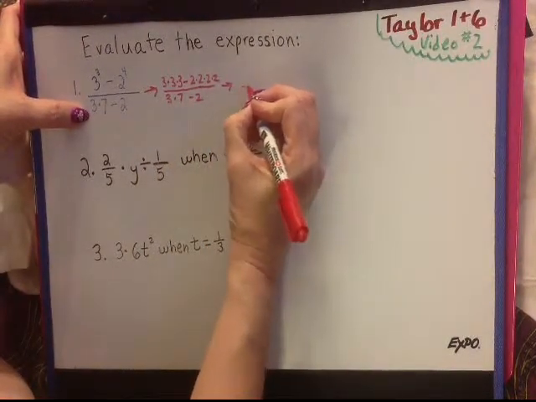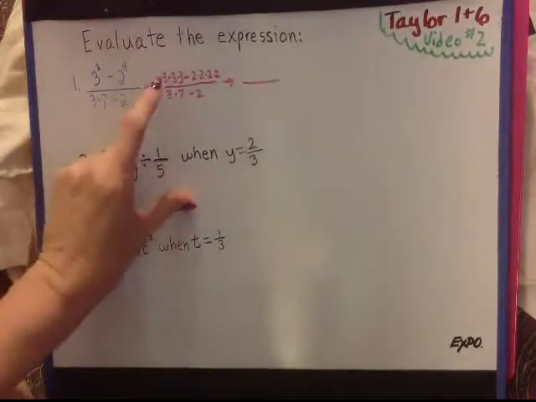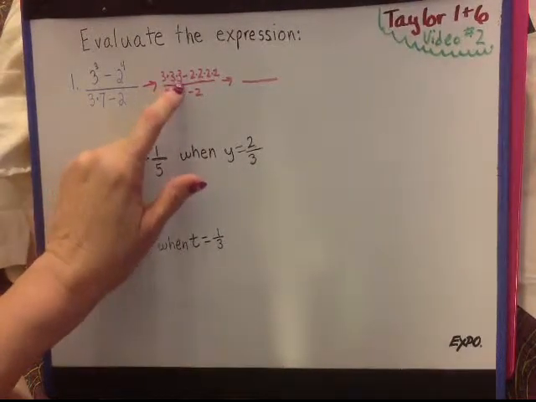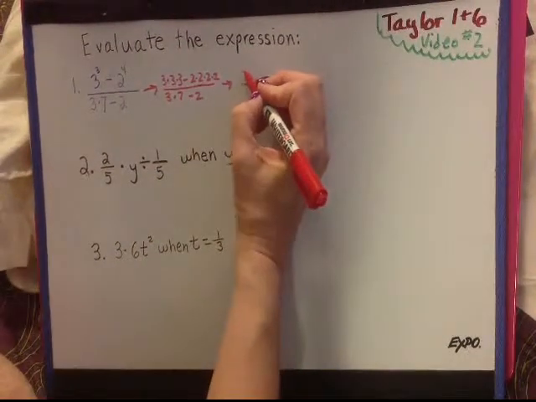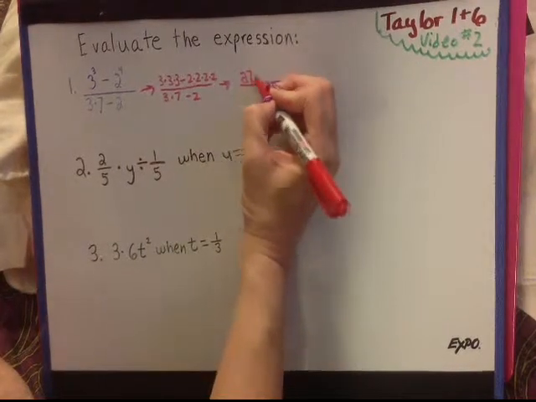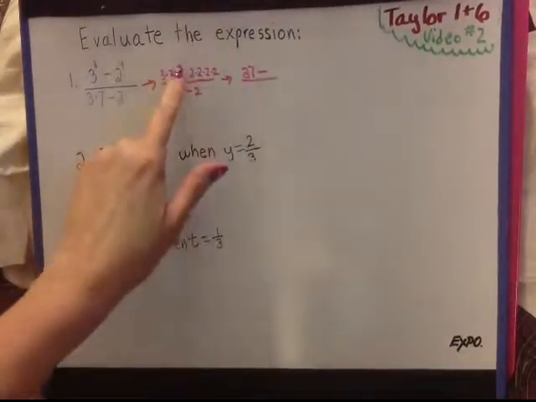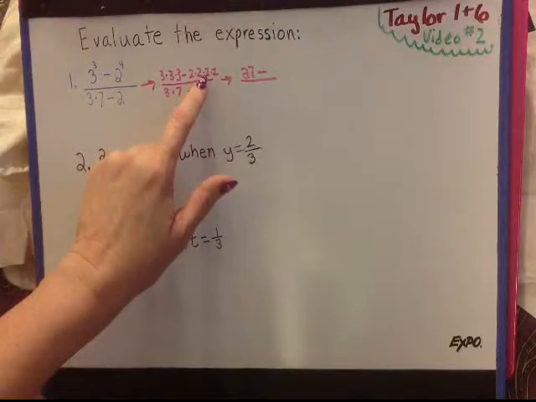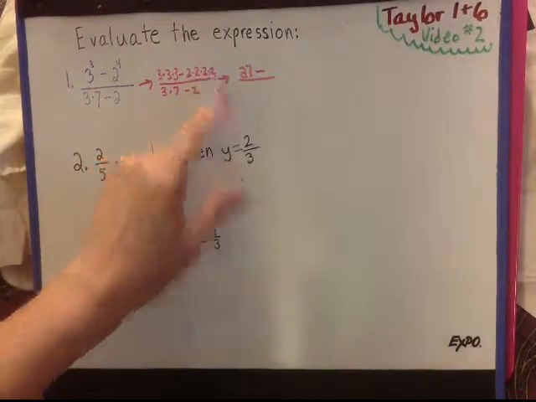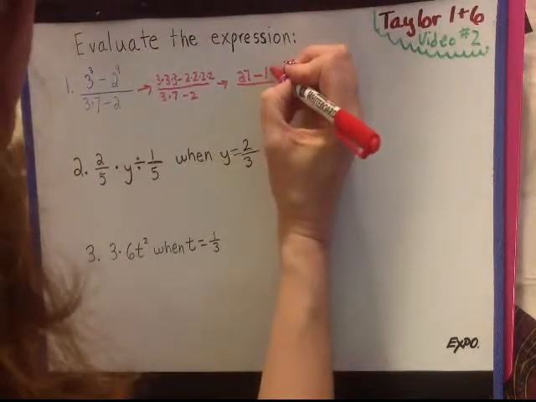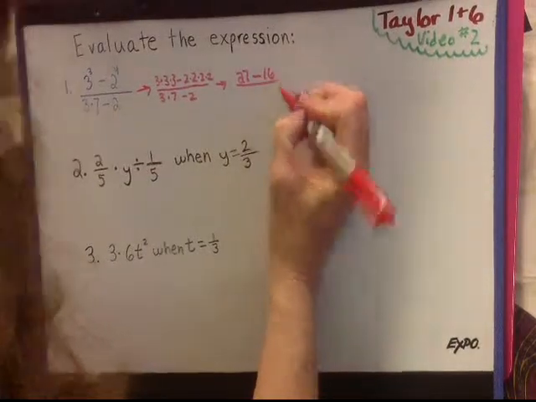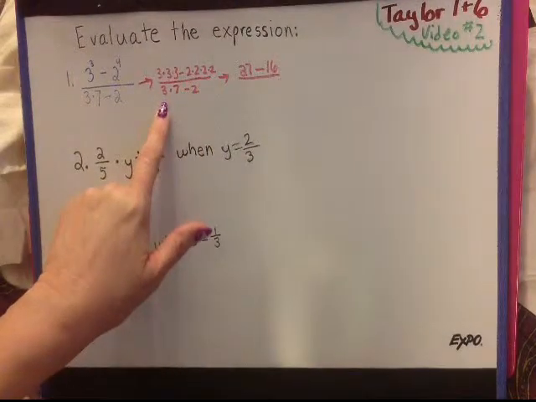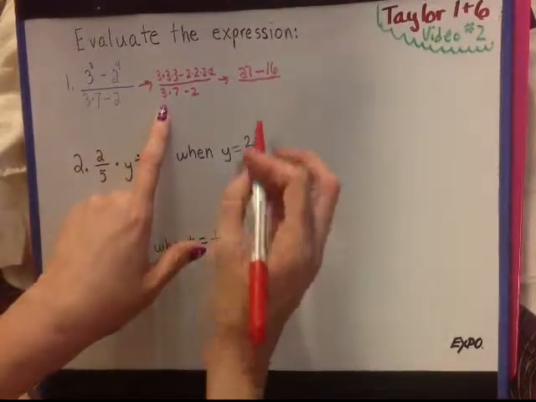So now, what is 3 times 3 times 3? 3 times 3 is 9, times 3 is 27. Minus 2 times 2 is 4, times 2 is 8, times 2 is 16. Down here, 3 times 7 is 21,